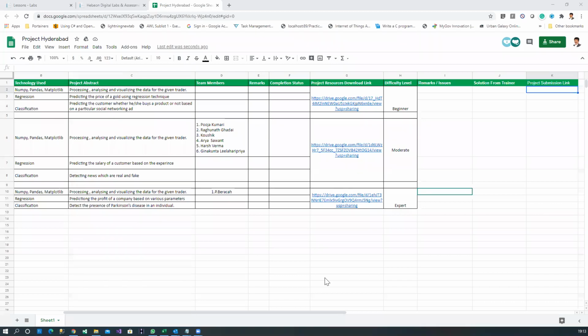If any team is really struggling to do something, then we'll give you a sample project to follow. After that, if you still have a problem, then we'll connect to that particular group through Zoom, and we'll try to explain. We'll try to give you some key points to solve and go forward. Clear?